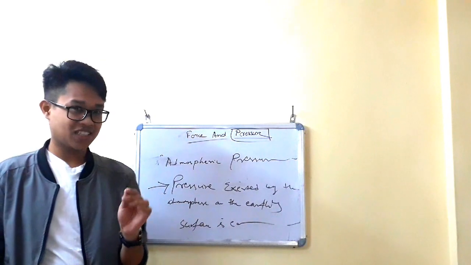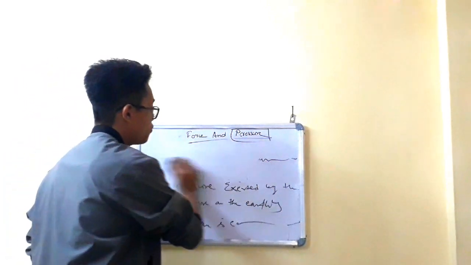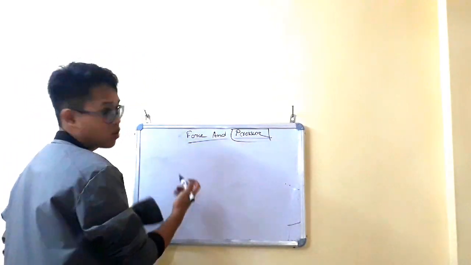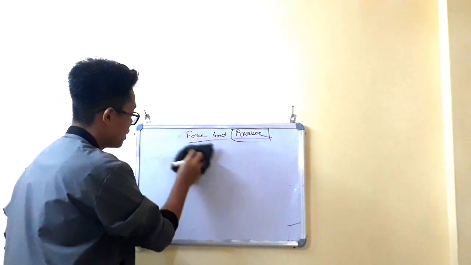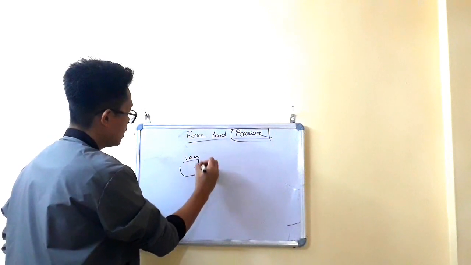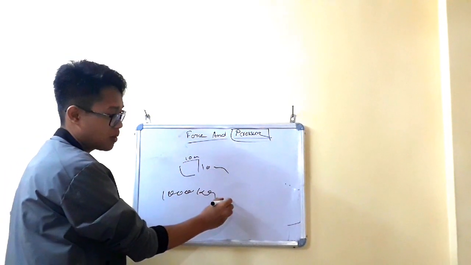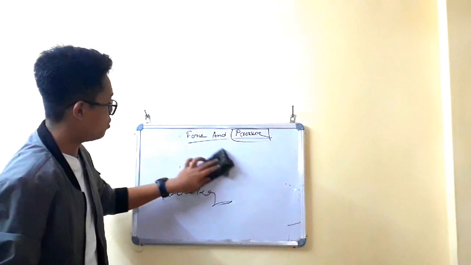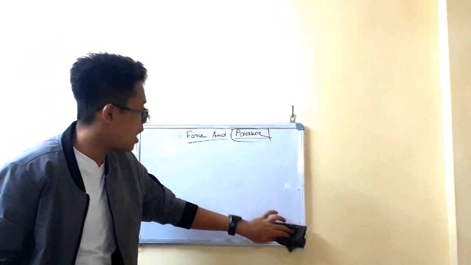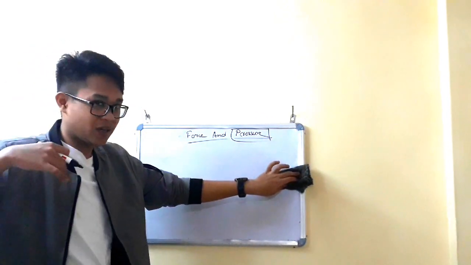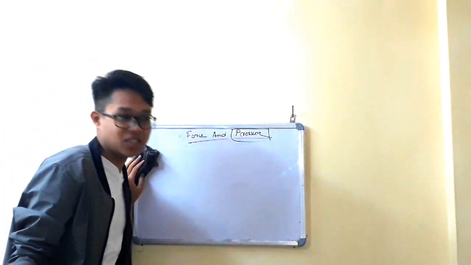There's a very interesting fact that atmospheric pressure is very high. If you take an atmospheric column of 10 centimeter by 10 centimeter, it comes to something like 1000 kg. So the obvious question may come: if the atmospheric pressure is so high, why are we not being crushed by the atmosphere? It is because of the fact which we learned in the beginning of the chapter,